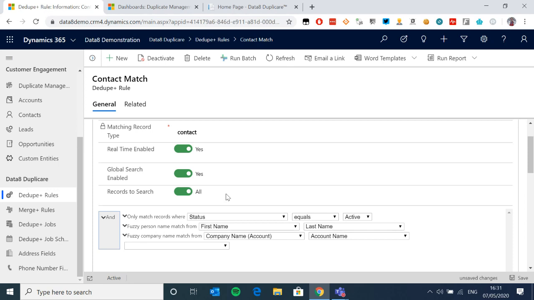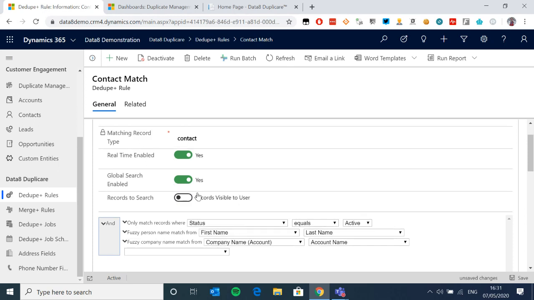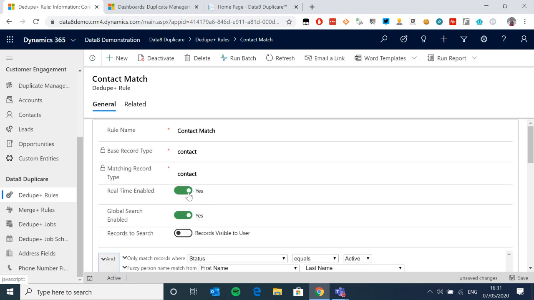If you can only have one Matt Beard in your system, what it will tell you is there is one that matches this criteria in there somewhere, but that's all you're going to know. So that's what that is there. In this case, I will leave it to what it was. Real-time enabled means, well, I'll show you now on global search. I will show you shortly. So remember those, and I'll get back to them in a minute.